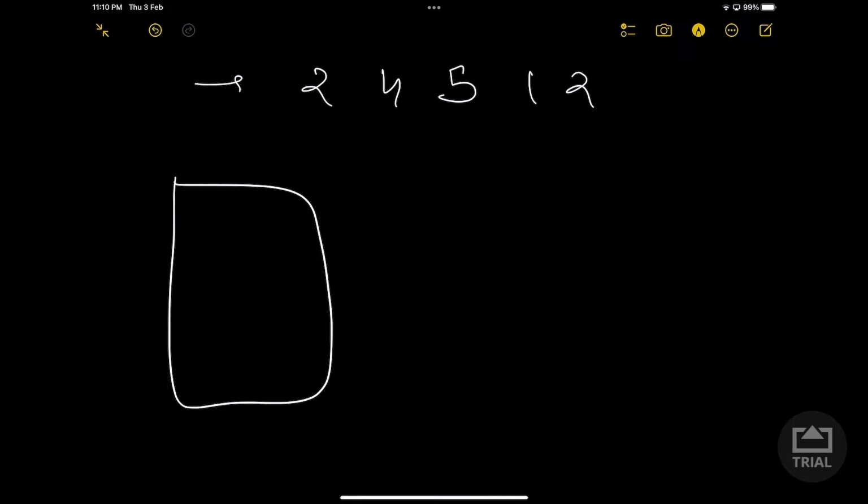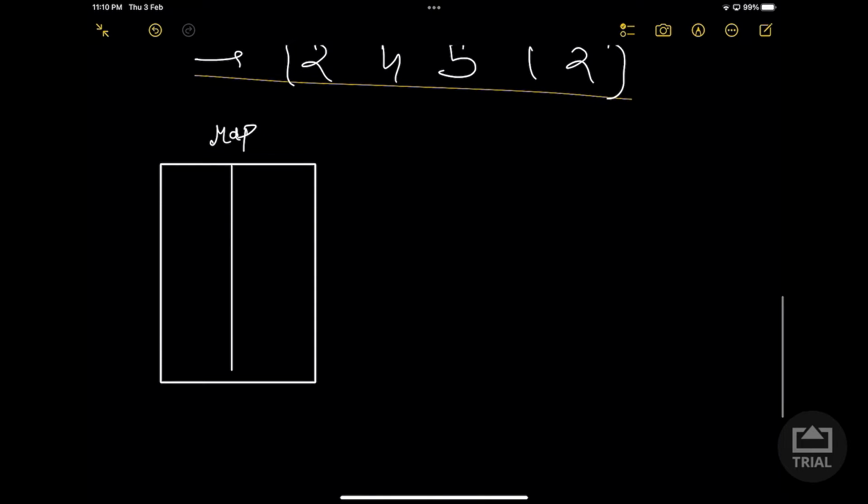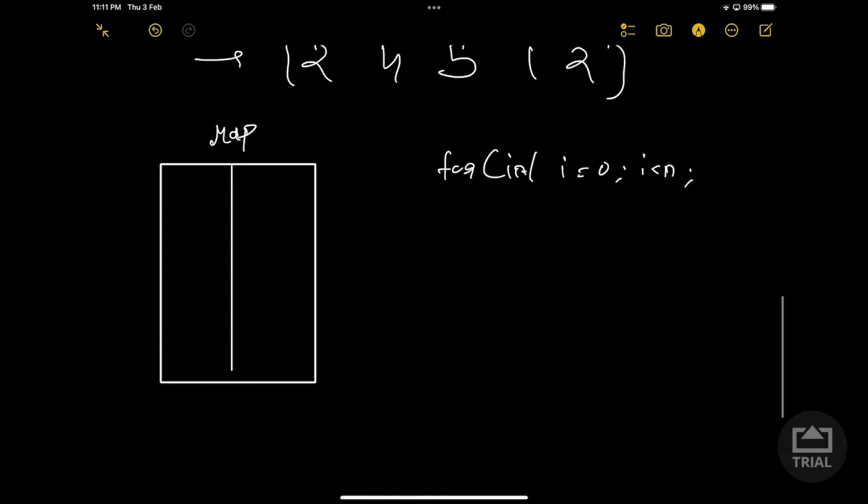Let's create our map. So this is our map, and now we have to check the number of pairs which sums up to k. So what we'll do, we will apply a loop like this: for int i equals 0, i less than n, i plus plus,